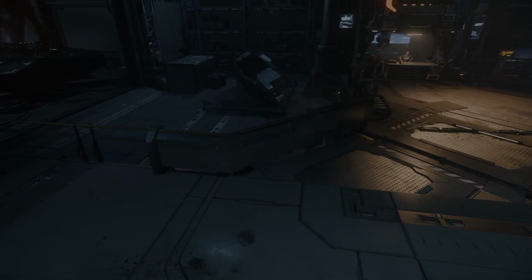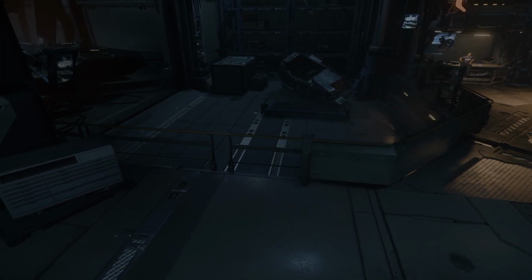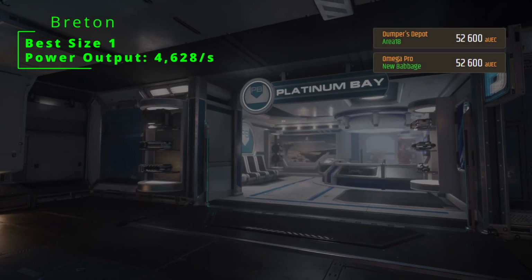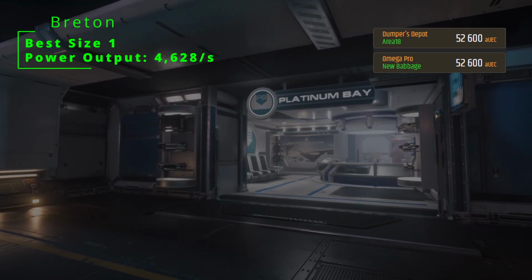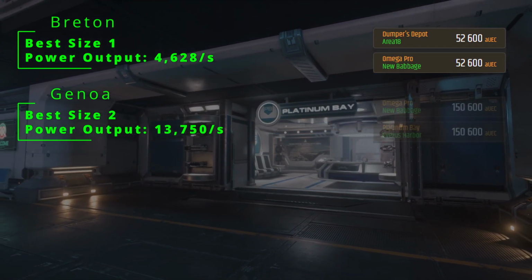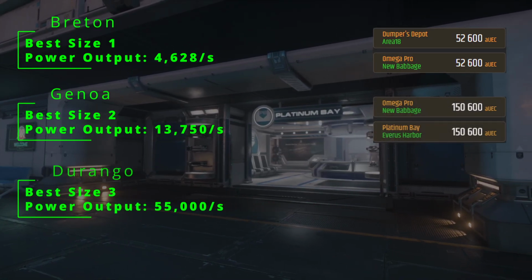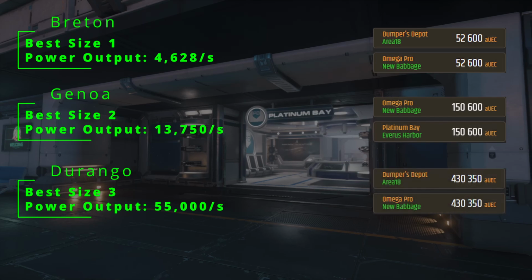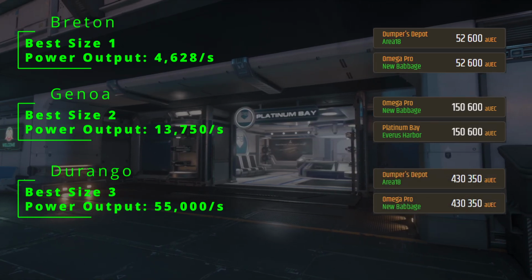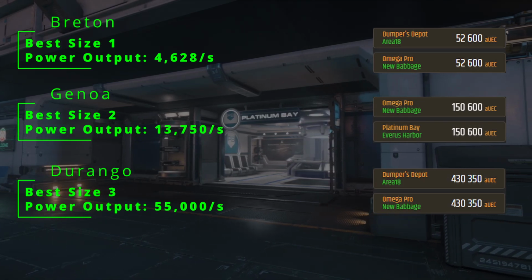If your priority is to hedge against this kind of power loss, you'll want to look at the industrial A-grade power plants. At size 1, the Breton will kick out 4628 power and is available at Omega Pro New Babbage and Dumpers Depot Area 18 for 52,600 AUEC. At size 2, the Genoa outputs 13750 power, available at Omega Pro New Babbage and Platinum Bay Everest Harbor for 150,600. And at size 3, the Durango outputs 55,000 power, available at Omega Pro New Babbage and Dumpers Depot Area 18 for